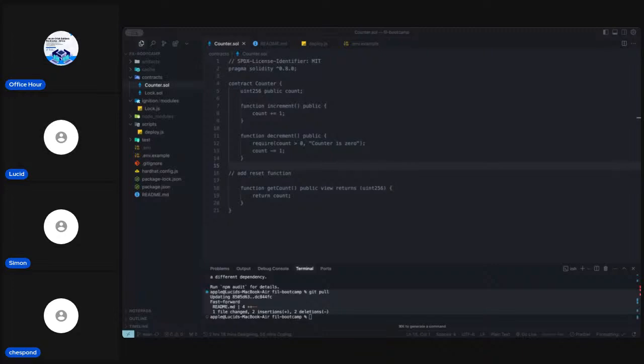Okay, so setting up your own local project using Hardhat is pretty simple once you have npm installed,